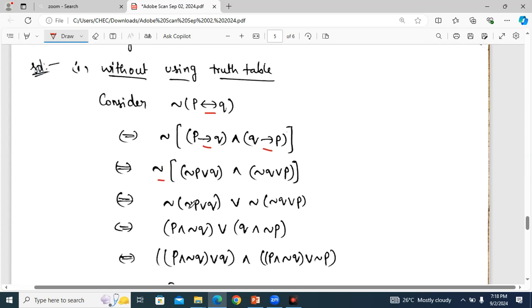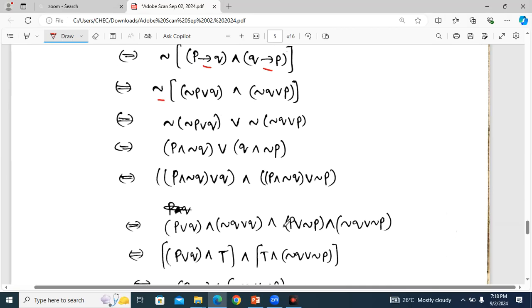So negation of negation P or Q, negation of or becomes and. So negation of negation Q or P. So negation of negation P, P and negation Q or Q and negation P. So sum of